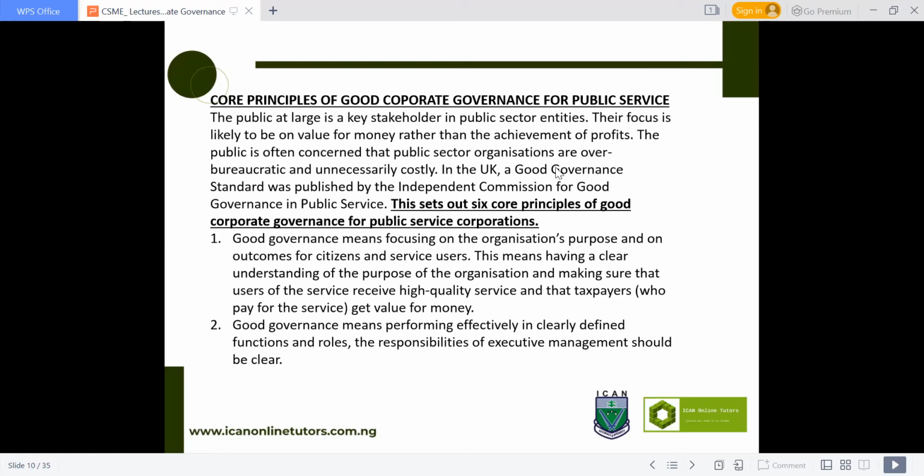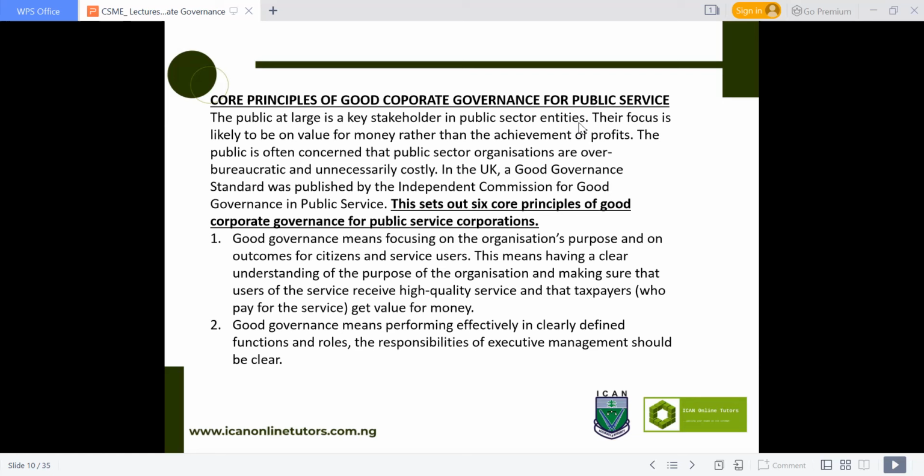Because these public organizations are not established to make profit, but they are established to render service. So the managers managing the day-to-day affairs of this public service must also exhibit some core principles. And these 6 principles, we have 6 principles of